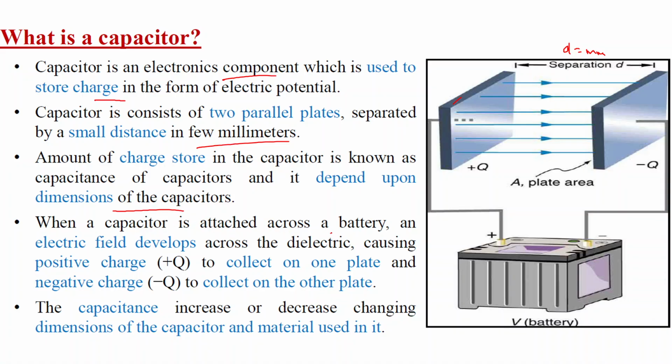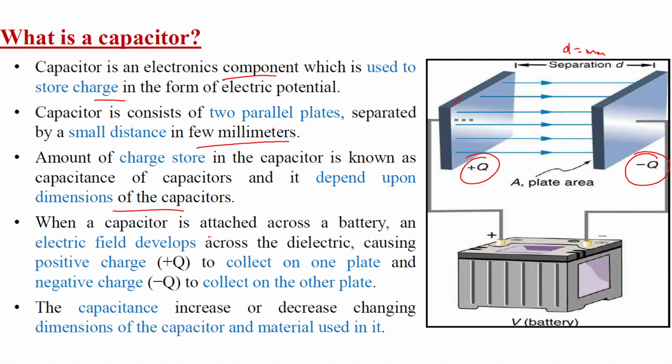When a capacitor is attached across a battery and we apply potential, an electric field develops across the dielectric, causing positive charge to collect on one plate. For example, this is the positive plate, this is the negative plate. So when we apply potential, all the negative charge